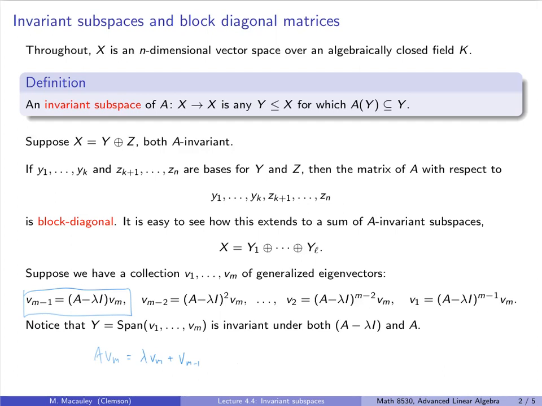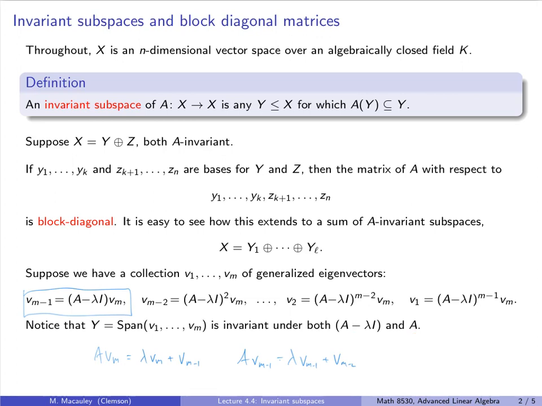So A times Vm minus 1 equals lambda times Vm minus 1 plus Vm minus 2. So A is going to map all of these eigenvectors to generalized eigenvectors to linear combinations of themselves. And that's an important fact because we will be coming up with a matrix of A minus lambda I and